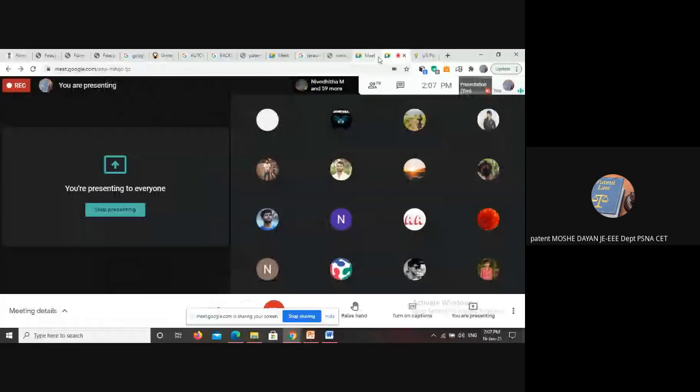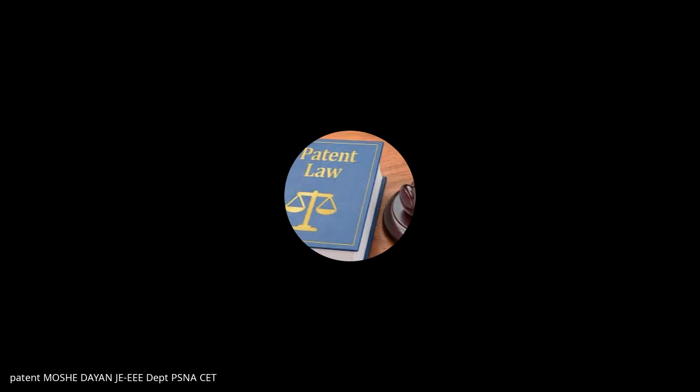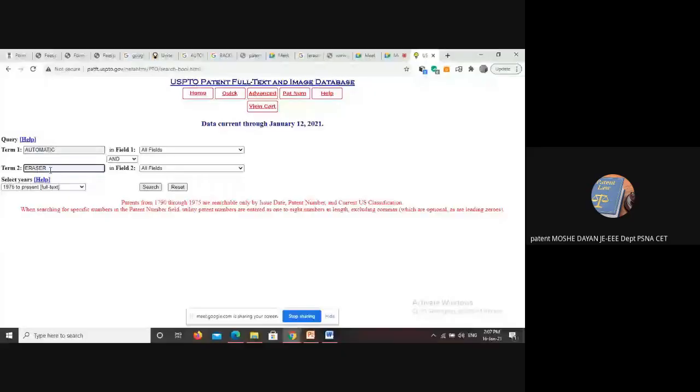Here I'm going to use the same title and do a search: automatic eraser. Say, for example, I'm using this word automatic eraser at the US patent website. Here I have to search from 1976 to present. I can take two options here, but this option is preferable, 1976 to present. Then I'm doing the search. These operators are very, very important: AND operator, OR operator, and NOT. So these Boolean operators are very important while doing the search.